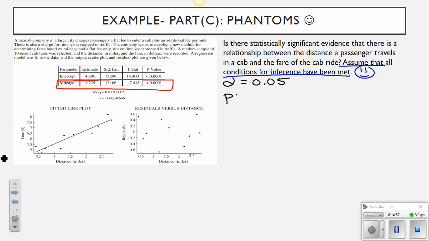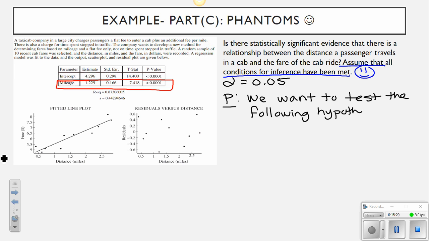Okay. D. State our parameter. So what do we want to do? We don't want to estimate because this is a hypothesis test. We want to do what? We want to test. I wrote estimate because I had estimate on my mind. We want to test the following hypotheses at alpha equals 0.05 significance level, where